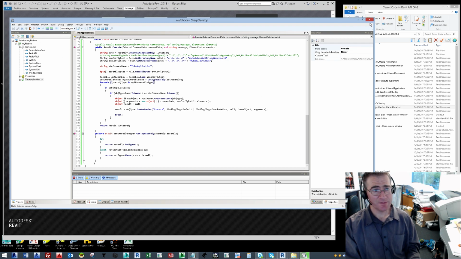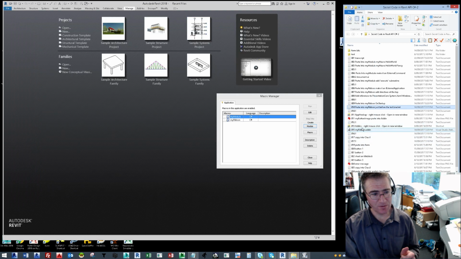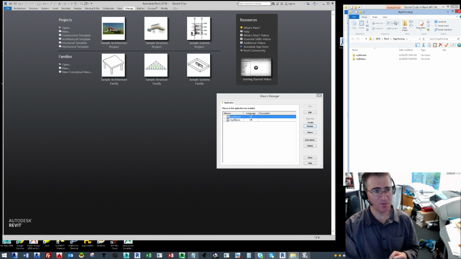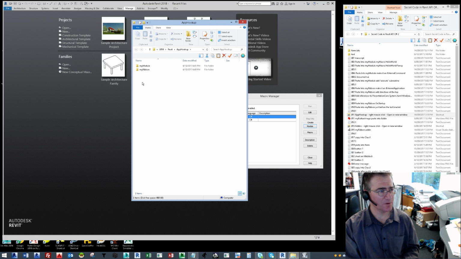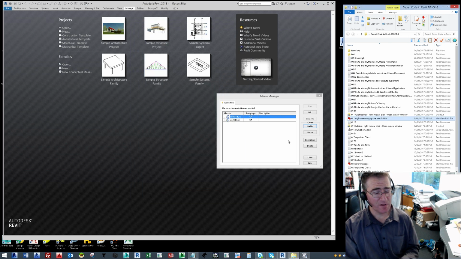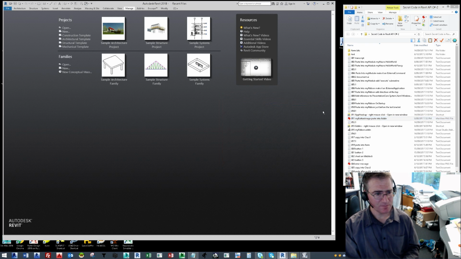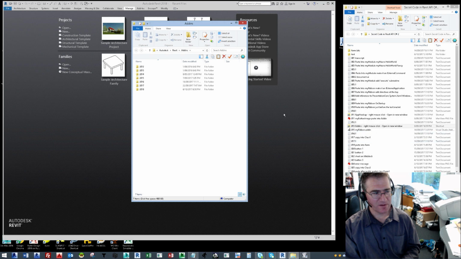There's one more thing we need to do in order to get our Revit button working, and this is to add an image. Of course, a button needs to have an image, so we're going to drill down into my ribbon, add in, and then copy this pre-prepared image to the correct dimensions right in there, and we're set to go. Now, moment of truth. In order to get an add-in to work, this is an on-startup add-in, we're going to drill down to version